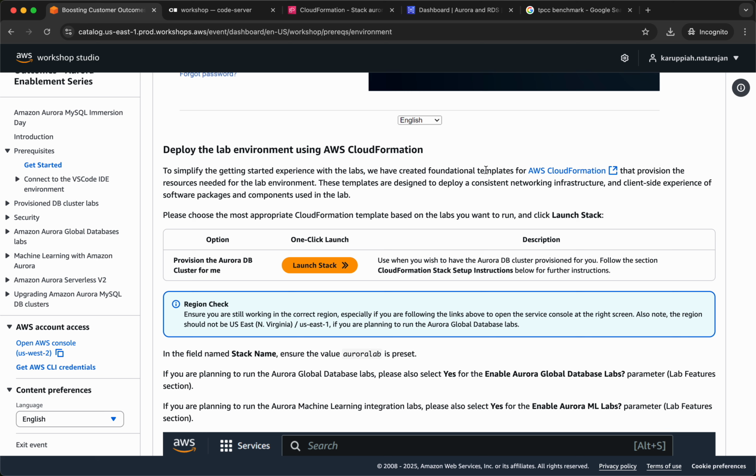So we have created foundational templates for AWS CloudFormation that provision the resources needed for the lab environment. These templates are designed to deploy a consistent networking infrastructure and client-side experience of software packages and components used in the lab. So please choose the most appropriate CloudFormation template based on the labs you want to run and click